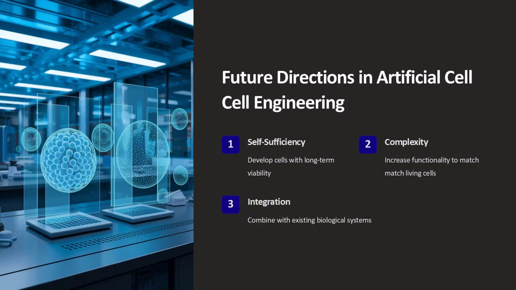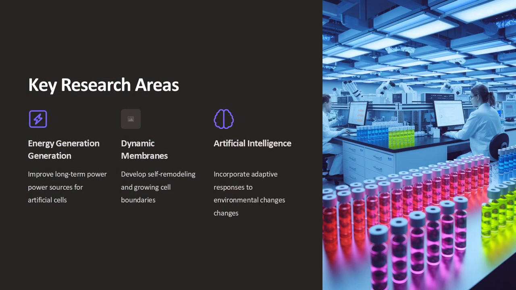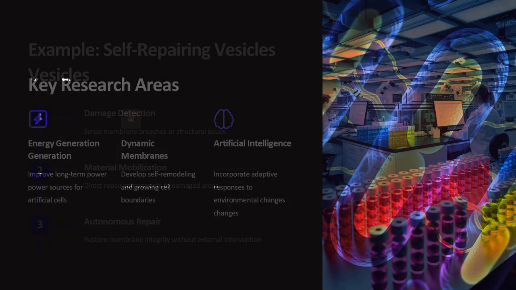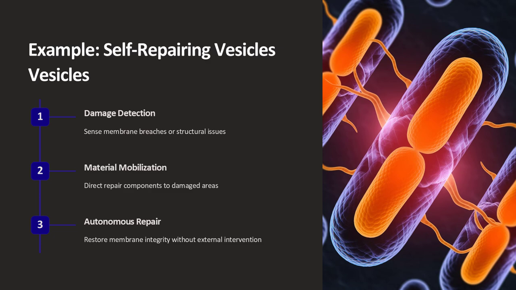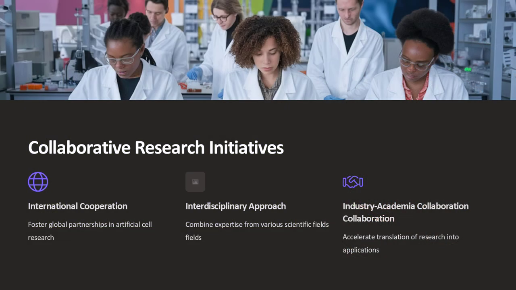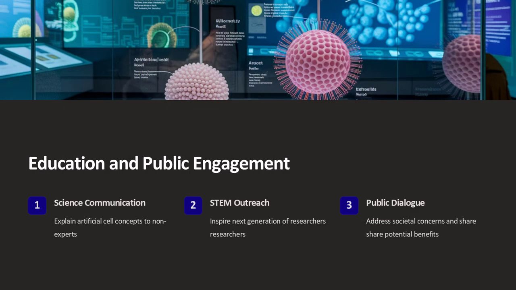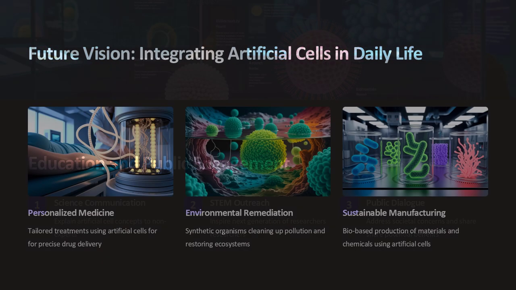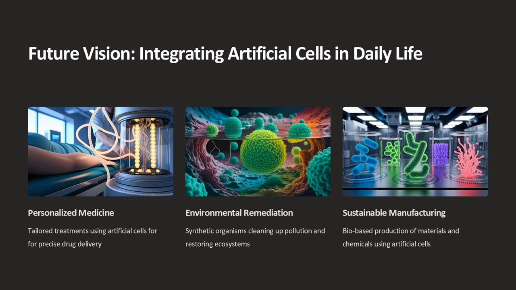In summary, artificial cell engineering using vesicles represents a transformative approach to replicating and harnessing the functions of living cells. Through the precise design of vesicle membranes and the use of advanced microfluidic techniques, scientists are developing systems that can encapsulate, protect, and deliver biological components in a controlled manner. From targeted drug delivery and biosensing to fundamental studies of cellular processes and even the creation of self-replicating systems, vesicle-based artificial cells are opening new avenues in both research and practical applications. This innovative approach not only deepens our understanding of life at the molecular level, but also promises to revolutionize future